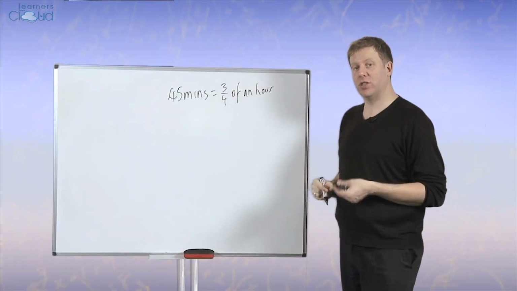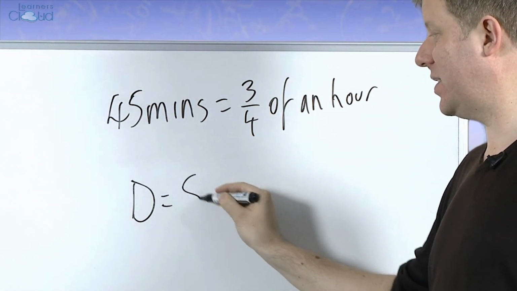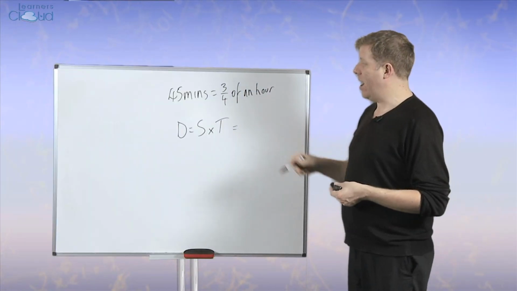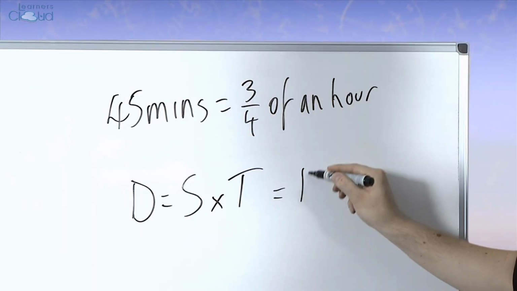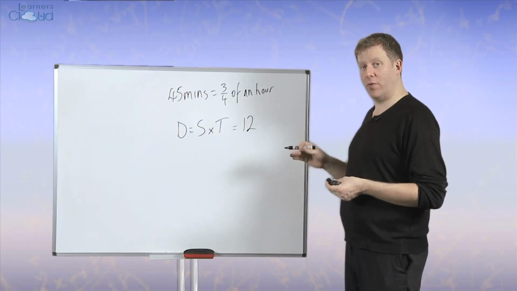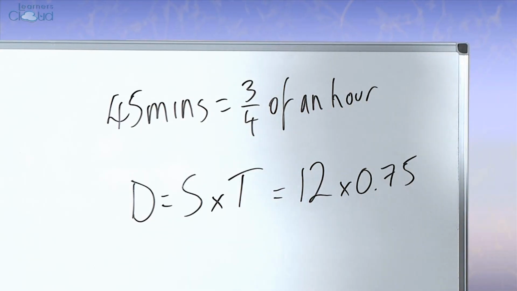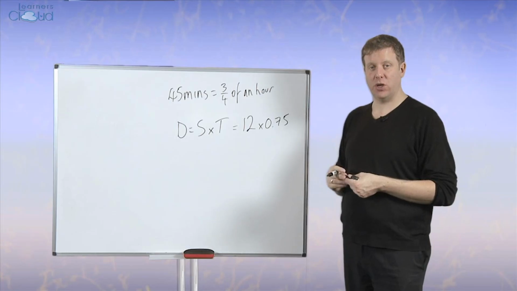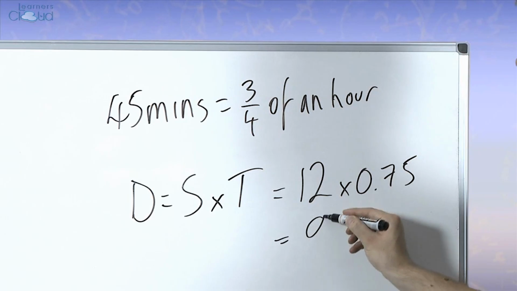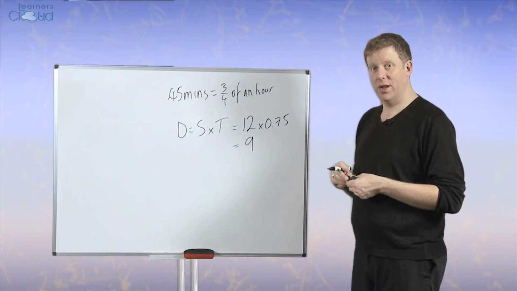Which means if we want to find out how far she's travelled, the distance, it's speed multiplied by time. Her speed is 12 miles per hour and her time is 3/4 of an hour. So you can either multiply it by 3/4 or if you feel more happy putting it as a decimal, 0.75. This would be on a calculator paper, so you could use a calculator to answer it. And 12 times 0.75 gives us an answer of 9. But remember, you should put the units in. So how far has she run? She's run